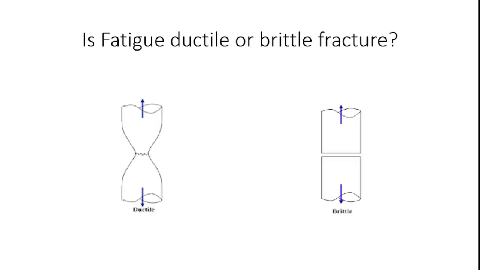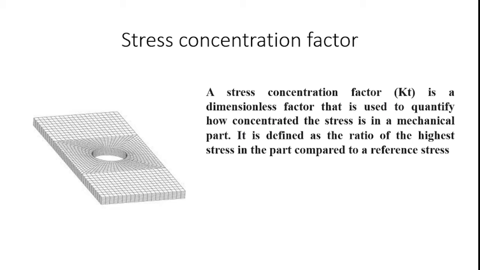So the fatigue fracture is called ductile fracture or brittle fracture? The ductile fracture may be a fatigue fracture, but the fatigue fracture is called a brittle fracture. So fatigue fractures are always brittle fractures. Most parts under fatigue, such as specimens, contain points of stress concentration, such as surface roughness or changes in part or specimen section, at which stress is concentrated and where fatigue cracking initiates.